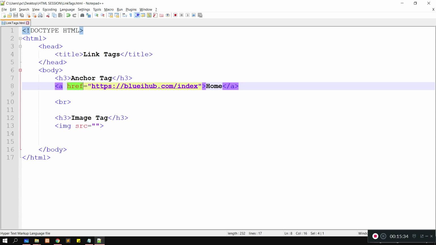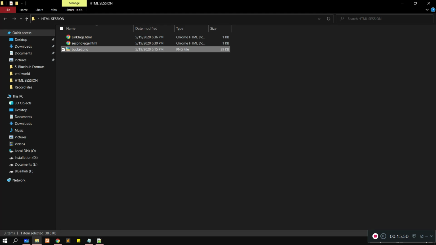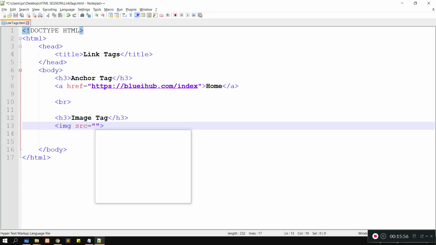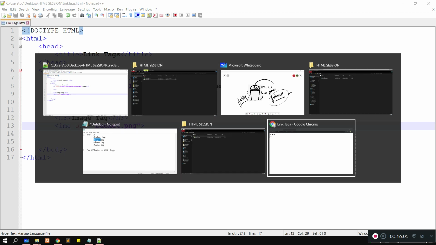In the same way, in the image there is the source, like what is the source of the image file. So we use src. Coming back to our folder, what is the image name? We have bucket.png. So we will directly write here bucket.png. Now run this file.